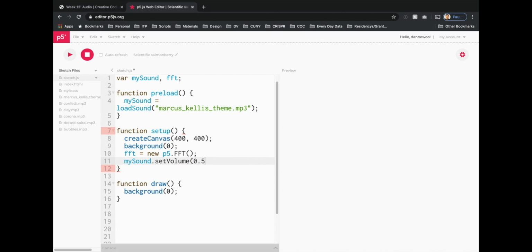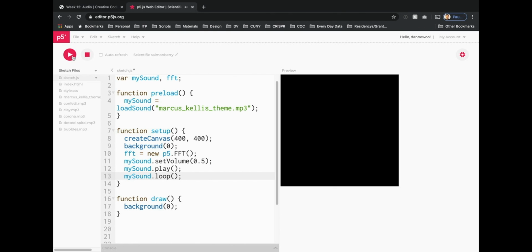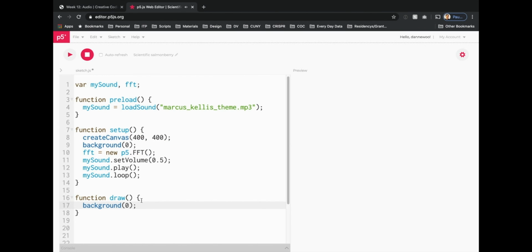Let's do 0.5. My sound dot play, and then there's another function called loop, which we can apply to the sound, which means it'll just loop through the audio file and never stop playing. So let's play that and see if we get some sound. All right, sounds good. So let's go into draw